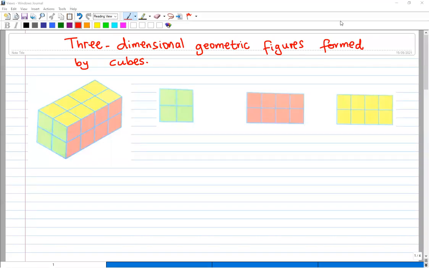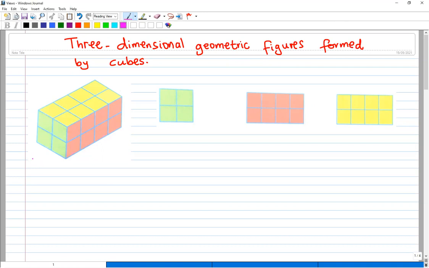Okay, students. So today, let's now look at three-dimensional geometric figures formed by cubes. Okay. Now, look at this 3D geometric figure. You see,